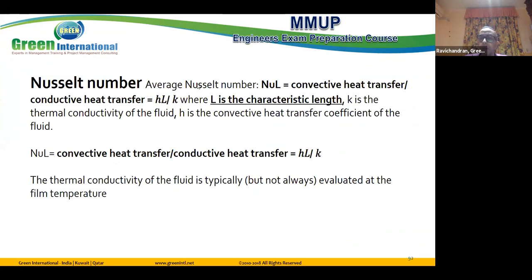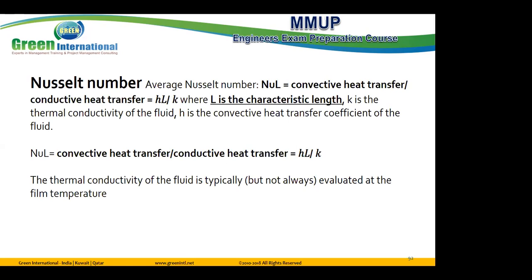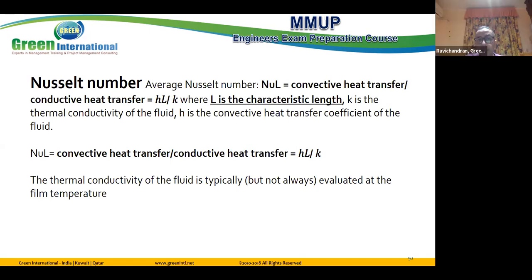We have many numbers used for heat transfer, numbers like Reynolds number and Mach number in fluid mechanics. Here in heat transfer also we have many numbers, but I just focus here on two important numbers. They can come as a theoretical question in the exam. First we have the Nusselt number, which is equal to